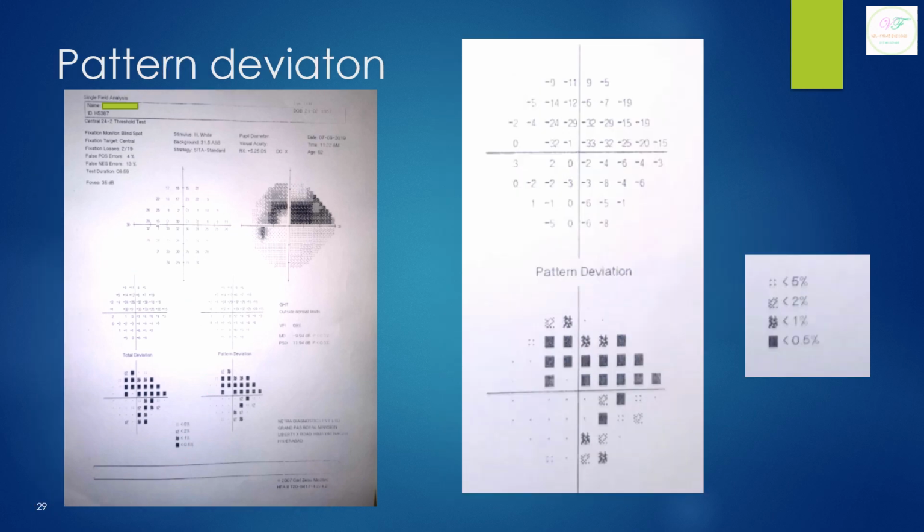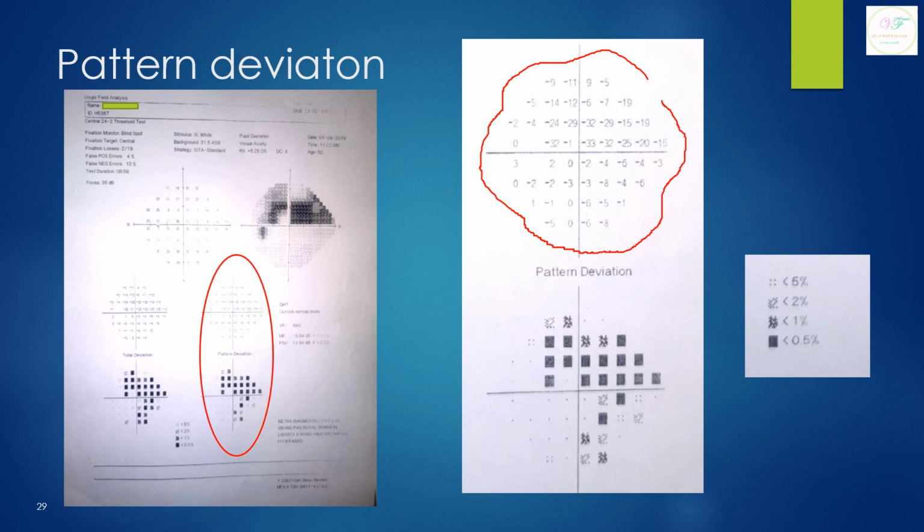So next comes the pattern deviation plot. In this pattern deviation plot, whatever is the loss because of the cataract or any generalized visual field loss is removed, and the remaining part of the field loss or threshold loss is depicted in this. The same thing applies for the numbers as in the total deviation plot, and this pattern deviation is the one which is going to tell you what sort of loss is there. Whatever is there in the pattern deviation is generally due to glaucoma. So if you can see, in all the superior arcuate area, there is a significant decrease in the sensitivity. So there is a scotoma in this area.